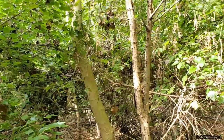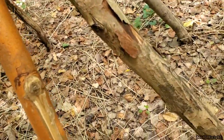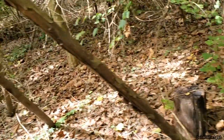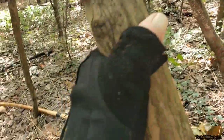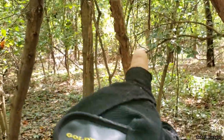Oh, wow. That whole tree came down over there. Still sturdy. That'll probably have to be replaced. That one's good. That one's good. Uh-oh. There's a tree gonna fall over there somewhere. That one's good. That one's good. So only one, that right there, would have to be replaced, which wouldn't be a problem because